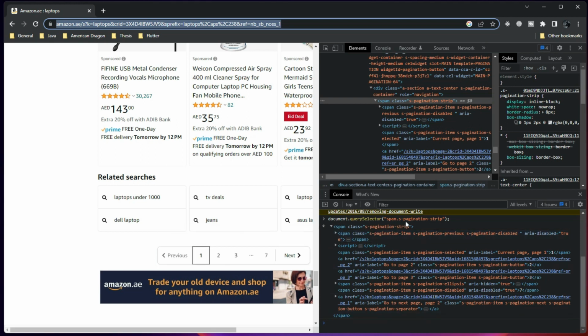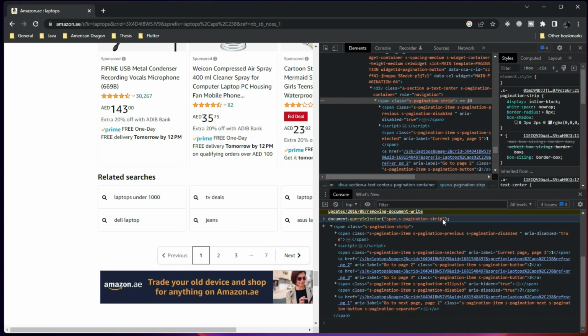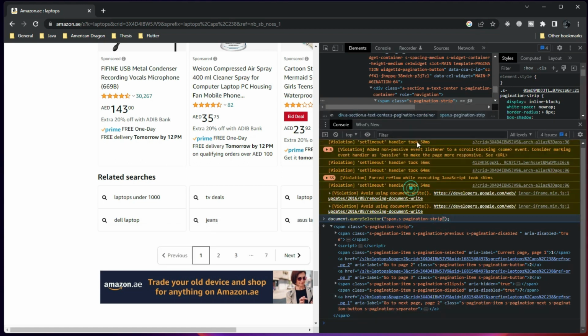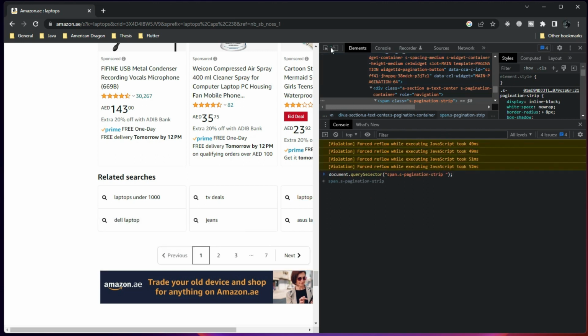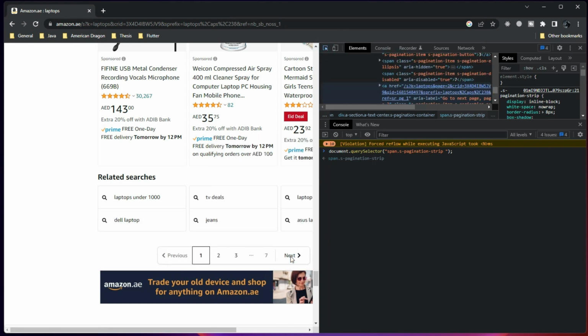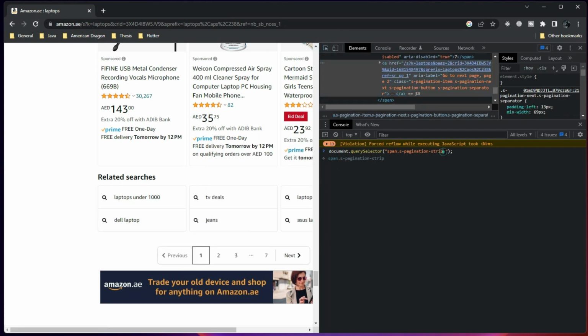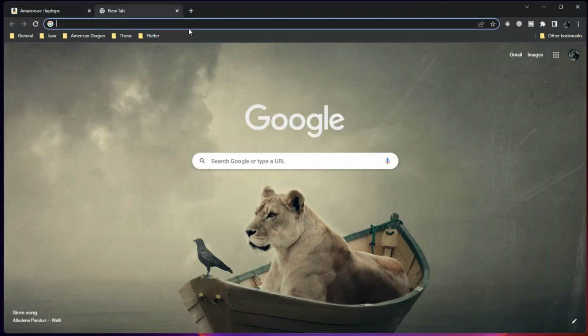so span pagination strip is the selector, and then let's bring it up. Whoa. Let's clear it. Span pagination strip, and inside the pagination strip, I am looking for an a element. See, there is a space here, and now here I would like to show you something, which is